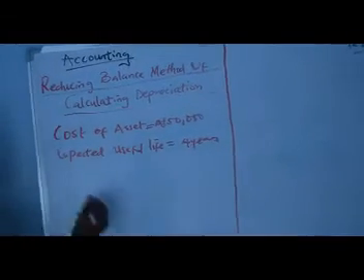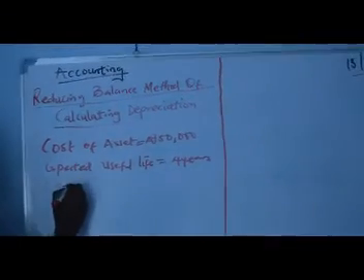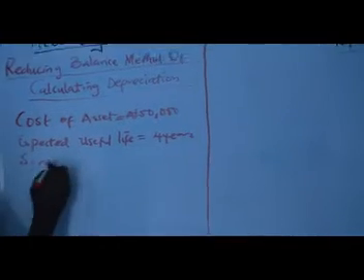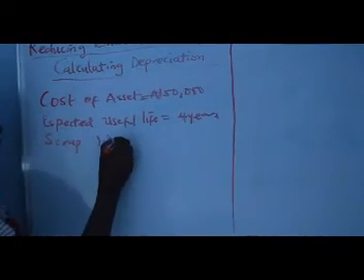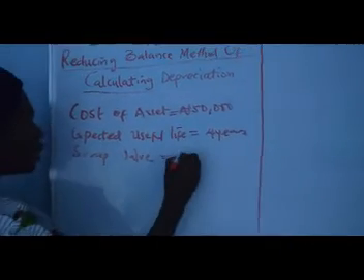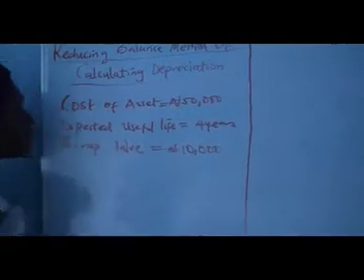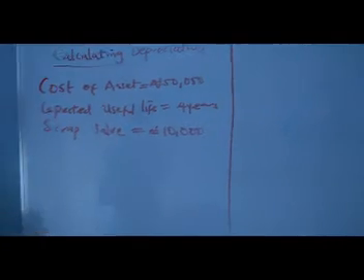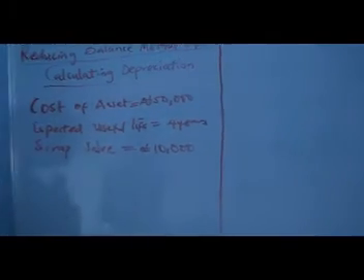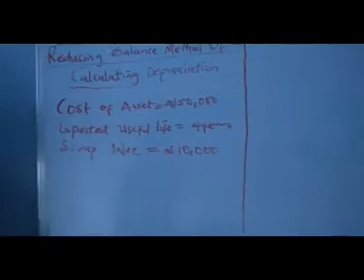After this 4 years, it will be sold at a scrap value of 10,000 naira. So this is our question, and we are asked to calculate the depreciation and to prepare the necessary accounts